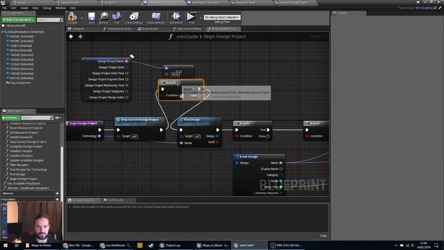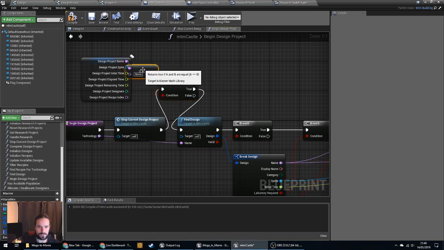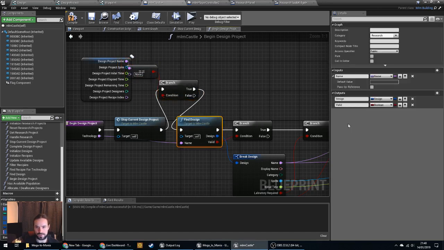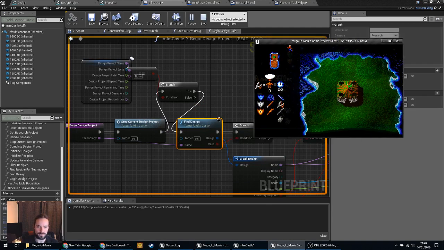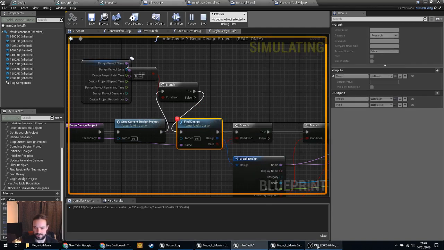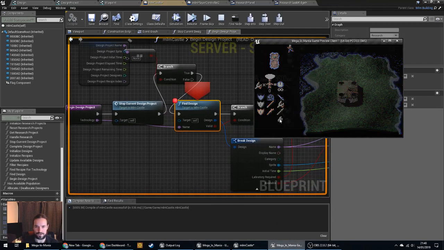So I just want to say only do find design, only go do the rest of this if the current research project's name is none. That should allow us to select the first one, but it should prevent us from selecting another. Now obviously that kind of replicates the same buggy behavior we had before, but the main thing is now I know that that's not happening. We can put a breakpoint here just to be certain, but now I know